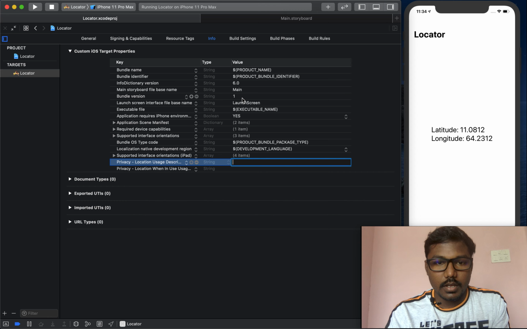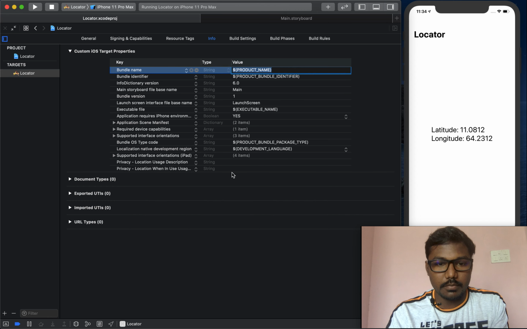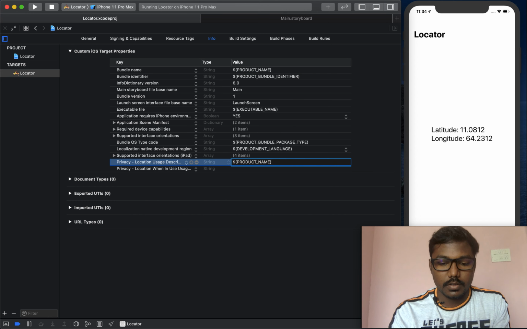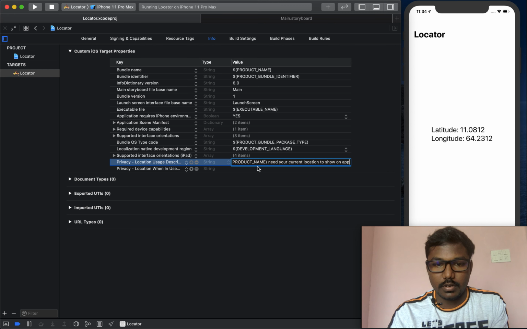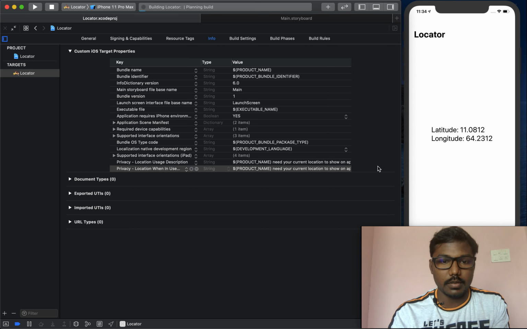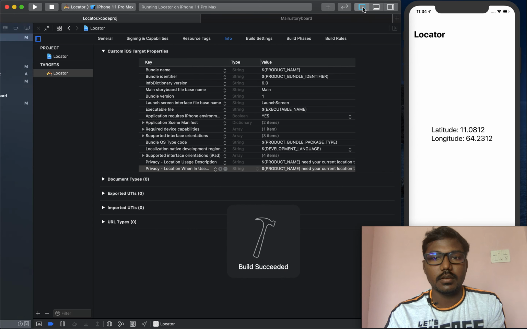Here I am using my project name: needs your current location to show on the app. Likewise, I am giving a description for that. Then I run a build.